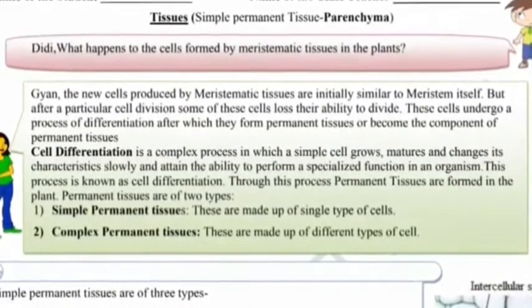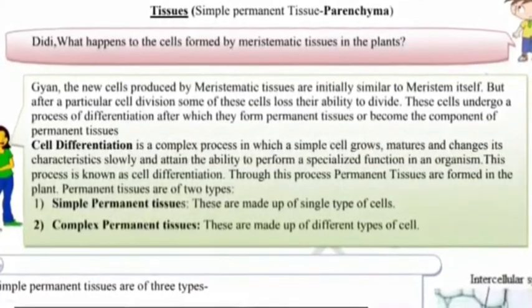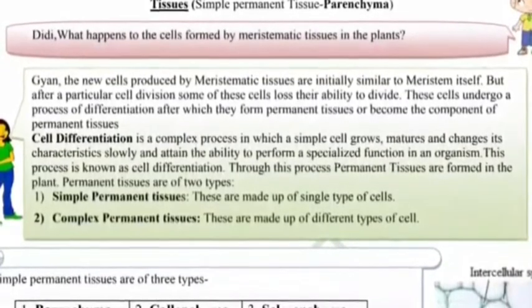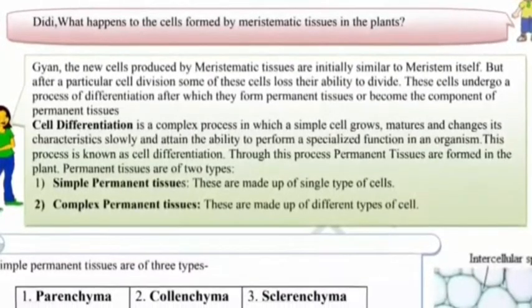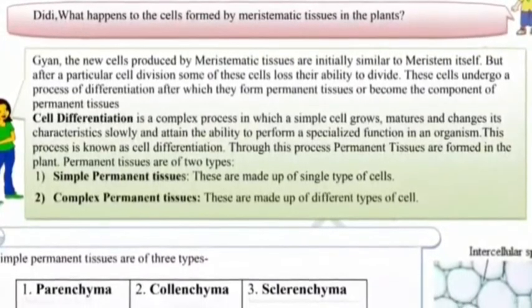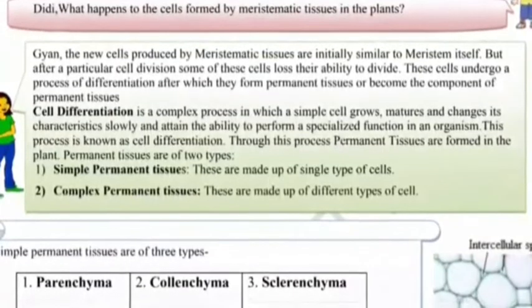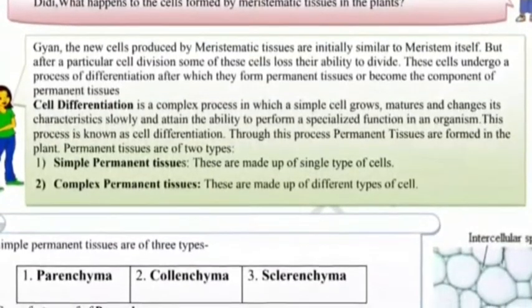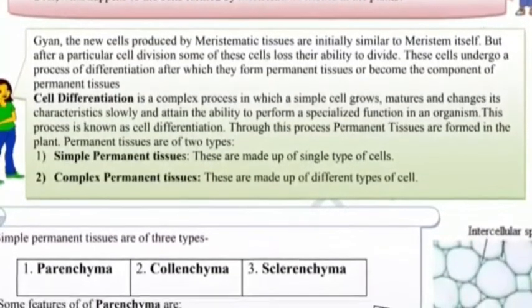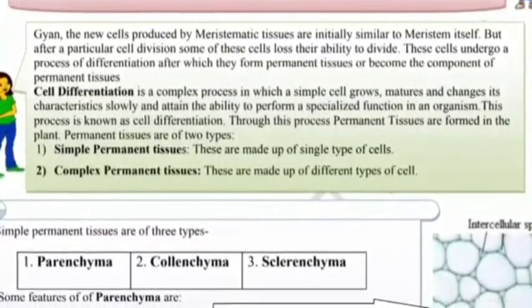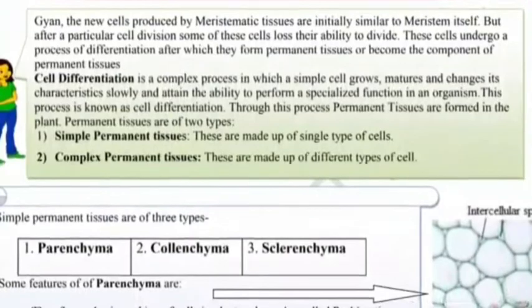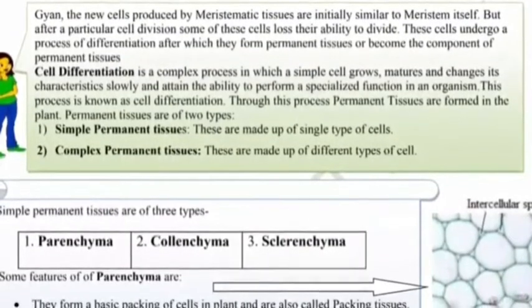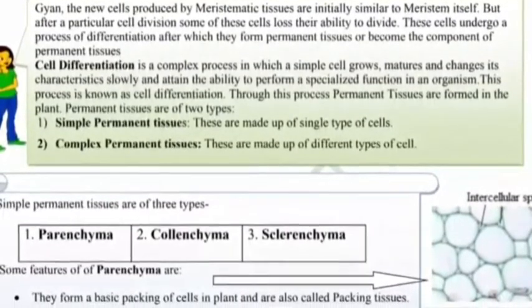These cells undergo a process of differentiation after which they form permanent tissue and become the component of permanent tissue. यानी मेरिस्टेमेटिक सेल जब डिवाइड होने के बाद कुछ समय तो वैसे ही रहते हैं, उसके बाद वो धीरे धीरे जो भी उनको नीड होती है उसके अनुसार वो चेंज हो जाते हैं परमानेंट टिश्यूज में। इसको ही हम सेल डिफ्रेंशिएशन कहते हैं, यानी अलग अलग टाइप के सेल्स में कन्वर्ट होते हैं।